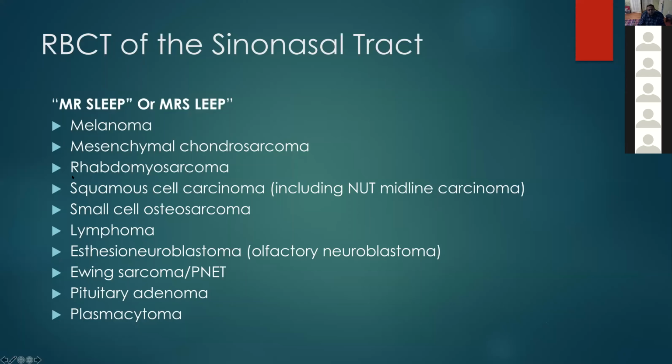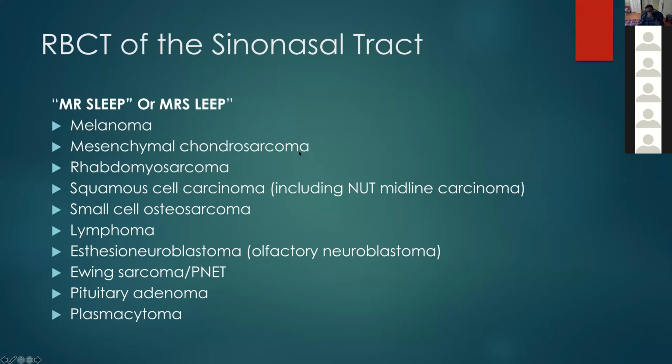S, squamous cell carcinoma. L, lymphoma. E, esthesioneuroblastoma, also known as olfactory neuroblastoma. E, Ewing sarcoma. P, plasmacytoma. Okay, which is basically multiple myeloma. I would sort of strike out this P,